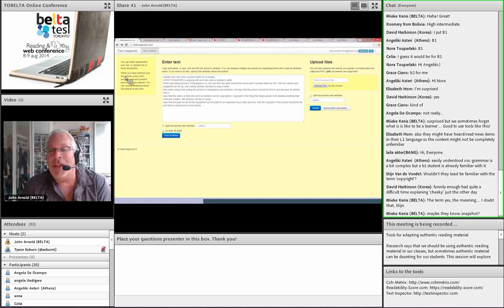But like the other sites, it's real easy. You simply put in your text in here, like I did with the text on the article on the monkey. Notice I did a couple of things though. I took out all of the proper nouns. One of the things Nation says is that students will either skip over, ignore, or not be bothered with the proper nouns. So we don't necessarily need to consider them when we're considering the lexical analysis of a piece of text. So I took out the United States Copyright Office.